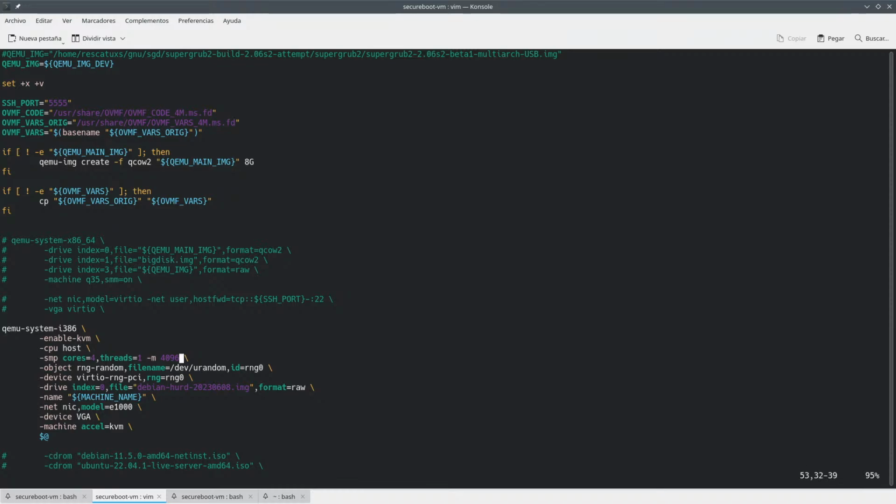Maybe you want only 2 gigabytes so that it doesn't, maybe, I don't know, CPU host core duo.